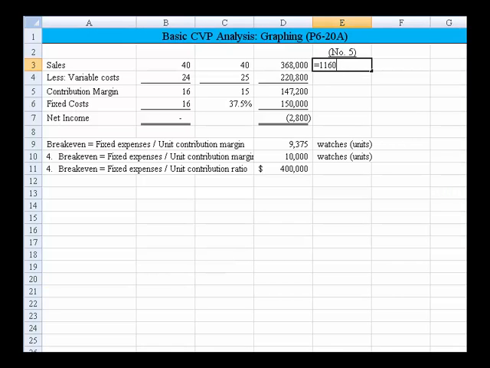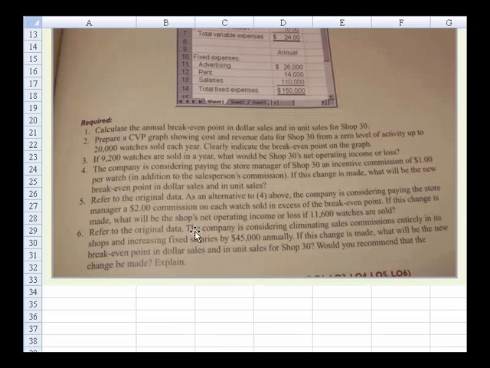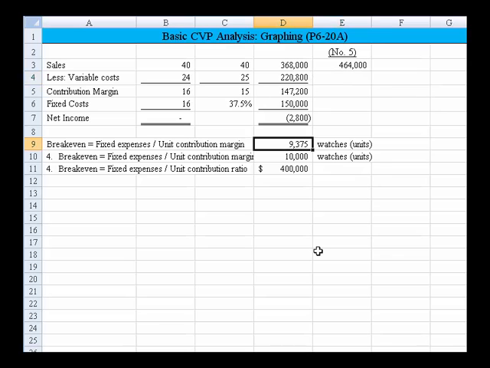So we have 11,600 times $40 per watch. The variable costs now are back to the original amount of $24 per watch. I think they're telling us 11,600 watches are being sold, and we've got to get over the break-even point. And we already determined that the original break-even was 9,375 watches. Okay, so we've got 9,375 watches times the original variable cost of $24, and then we've got an additional 2,225 watches,